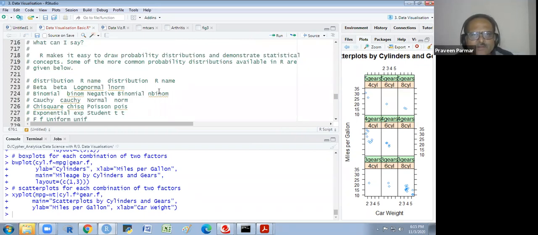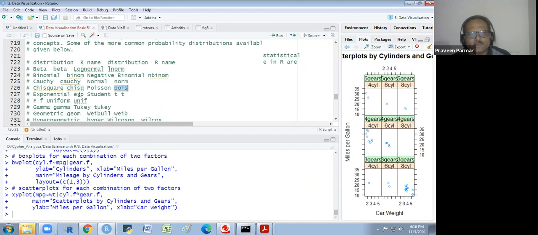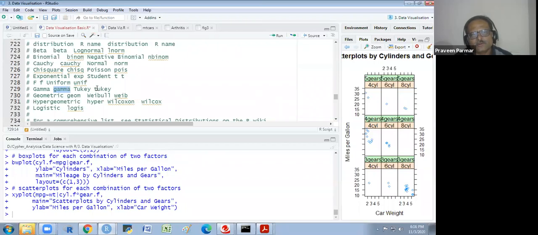The distribution and its R name: for beta we use beta, for log normal we use lnorm, binomial is binom, negative binomial is nbinom, Cauchy we use cauchy, normal we use norm, chi-square we use chisq, Poisson is pois, exponential is exp, Student t is t, F is f, unif for uniform, gamma for gamma distribution, tukey for Tukey distribution, geometric is geom, Weibull is weibull, hypergeometric is hyper, then wilcox and logis for logistic.